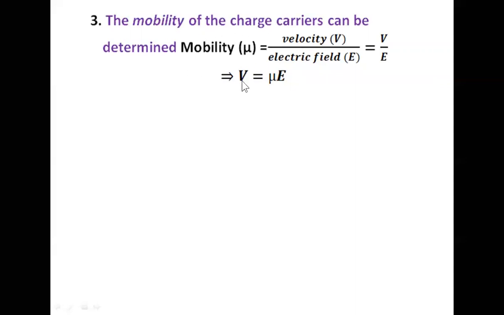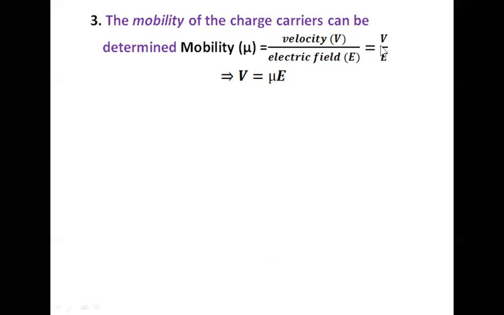What do you mean by mobility? Mobility means the average velocity of the charged particles within the applied electric field. That means if you take a semiconductor block, apply some external electric field, and try to measure the average velocity of the charged particles present in the semiconductor. So the average velocity gained by the charged particles within the applied external electric field is known as mobility, which is a very important parameter for understanding the device application of a given semiconductor material.